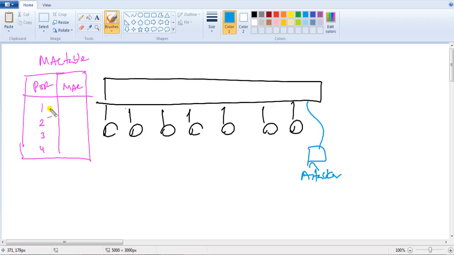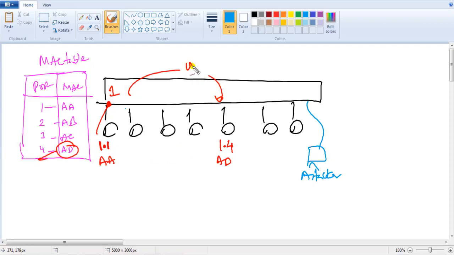Now, each and every port has some MAC address information. By default, for the first time, maybe the MAC table will be empty, but initially it will do a broadcast, and then based on that, it is going to update the MAC table as unicast. Let's say there is a user 192.168.1.1 trying to communicate with 192.168.1.4 somewhere here, and the MAC address of this is AA and the MAC address of that is AD. Whenever a switch receives a packet on a particular port, it's going to see the destination MAC address, and if there is an entry, it is going to forward it as unicast, and if there's no entry, it is going to simply broadcast the particular frame.